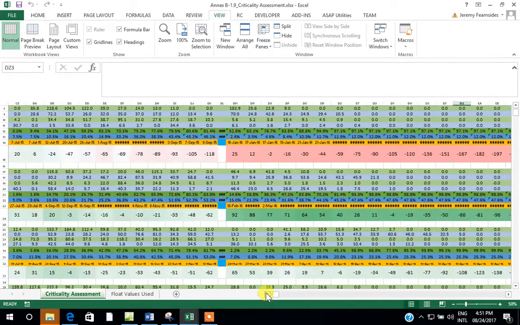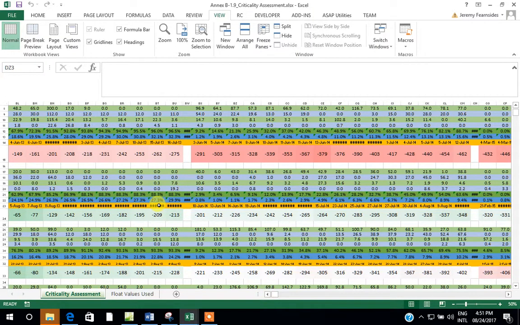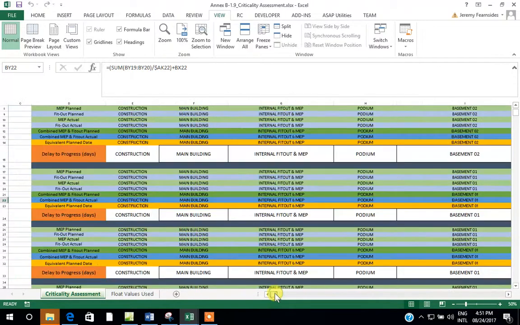Once we've got the planned and the actual data, we can put this into our programs and then with the formula determine the actual delays, planned delays, plus the delay, and there's the data from there where we work out percentage completes. That therefore determines the critical paths that we need to